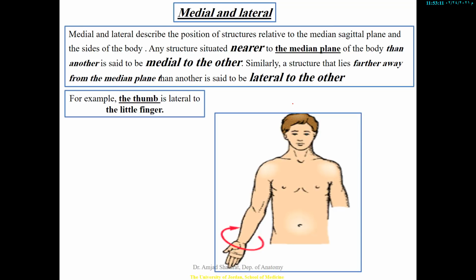And of course, a structure that lies further away from the median plane than another is said to be lateral to the other. The definition here is not complicated, but it's not simple either, and therefore I need to simplify it